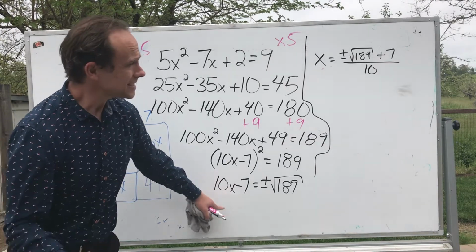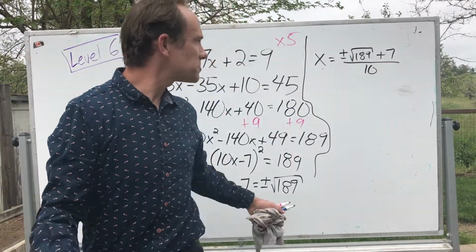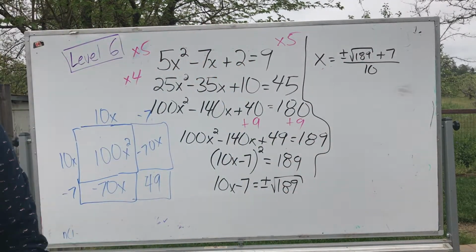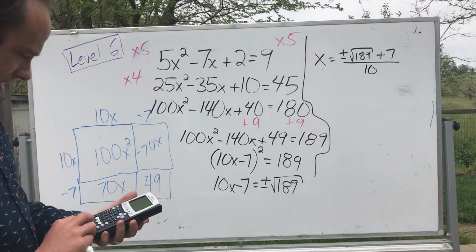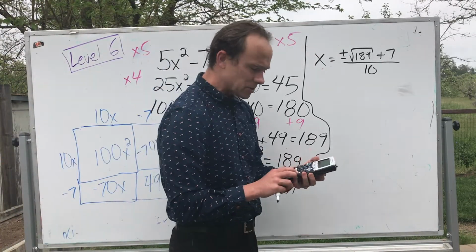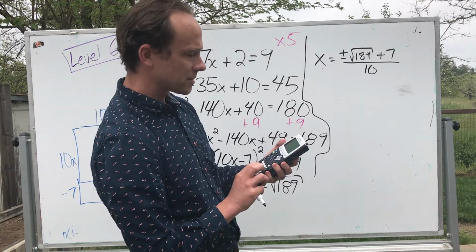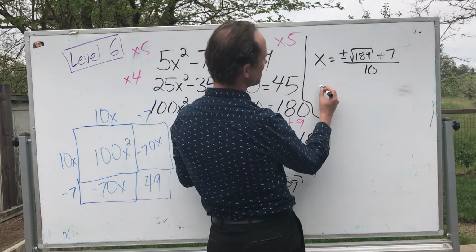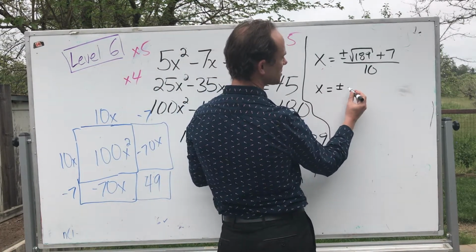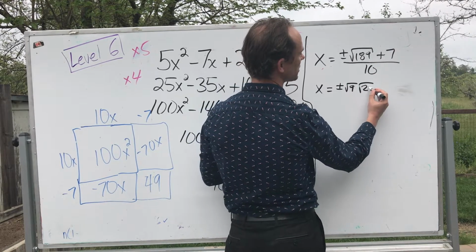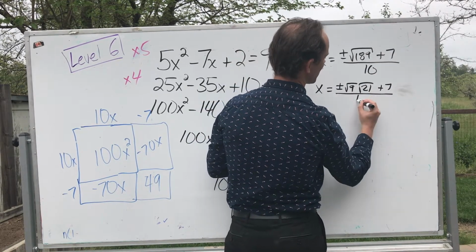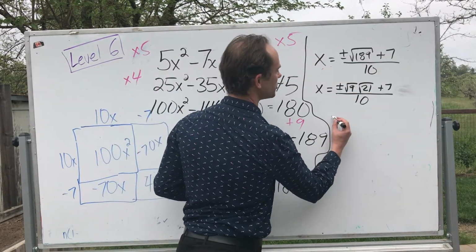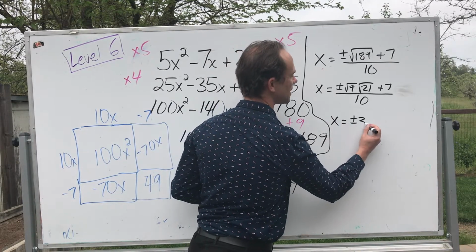All right, excellent. We would be completely finished, but I think we can simplify 189. I have a sense. Let's see, 189. Sometimes what I'll do is I'll just divide it by perfect squares. See, I divided it by 9 and it worked. So 189 is 9 times 21. And then you finish that as plus or minus 3